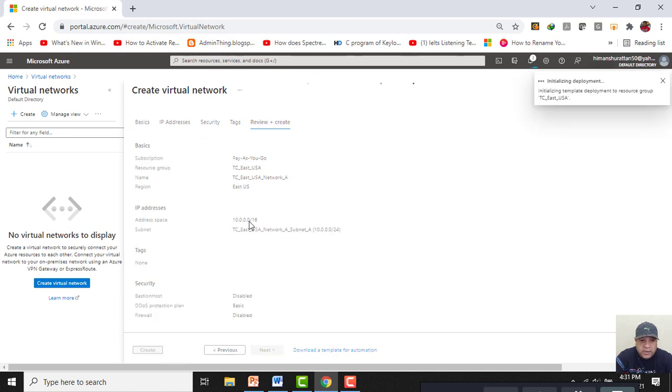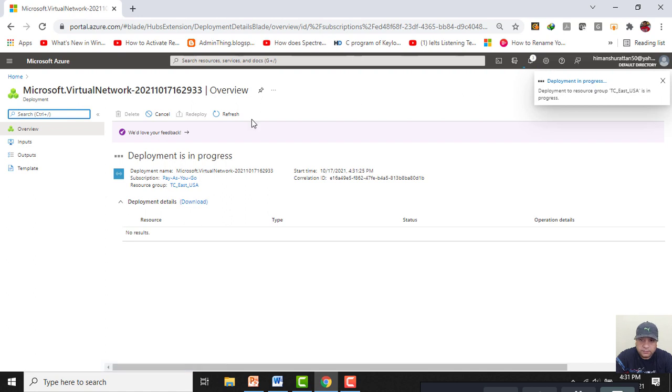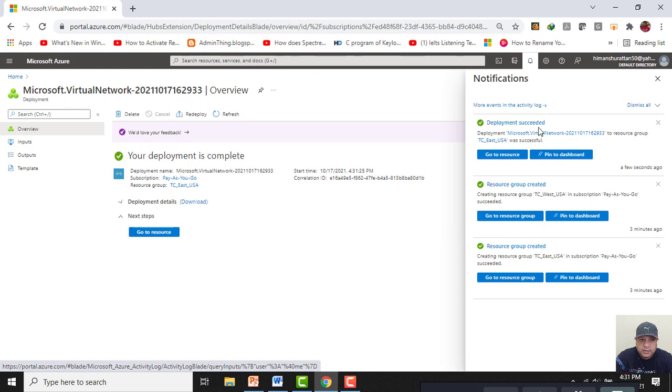So network A with the IP series of 10 has been created. It is in process. Soon it will be created. Deployment has been submitted. We need to wait for a while. Whatever we are doing, we can see the progress from this bell icon. Now it says that deployment is in progress. So it is created.